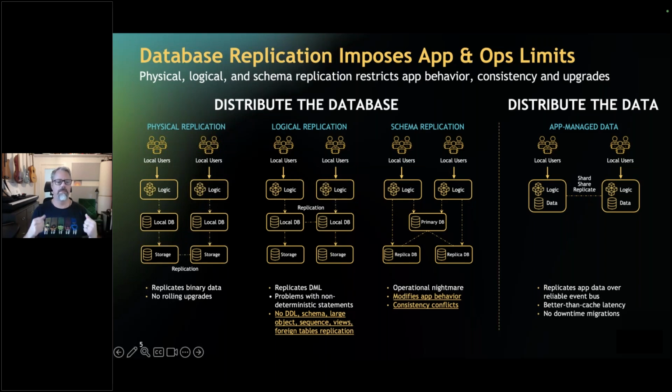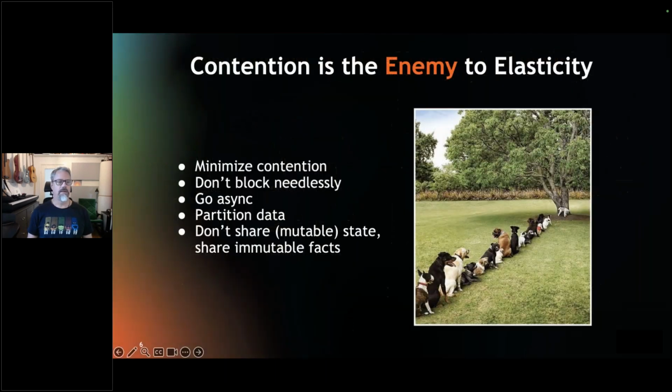Let the in-memory state be the source of truth, and work with replication, distribution of data in a way that's application and domain aware, that understands the semantics of the application you're actually building, what the user expects in terms of guarantees and correctness and safety and all of those things. So I'll talk more about that in a second.